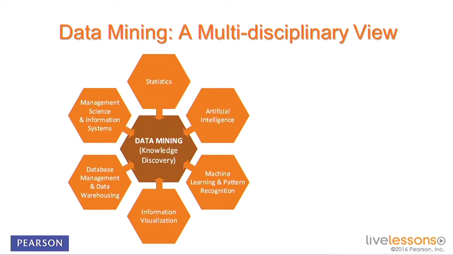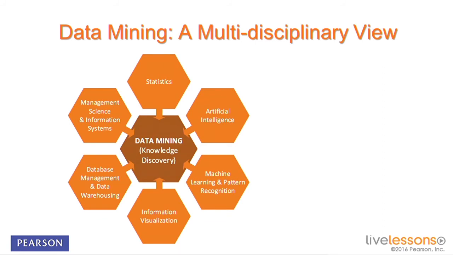Information visualization, graphical depiction, and illustration of the knowledge and the patterns. Data management and data warehousing play a significant input into data mining and lay the foundation for data mining algorithms and methods. Also, management science, the scientific extent of information and data, becomes a pillar that supports